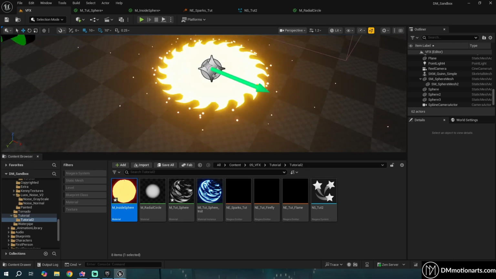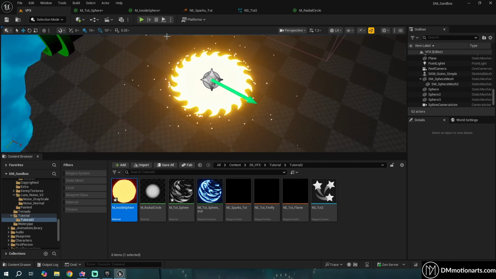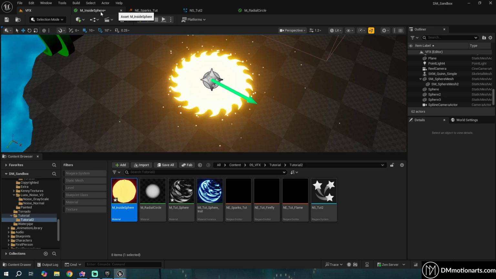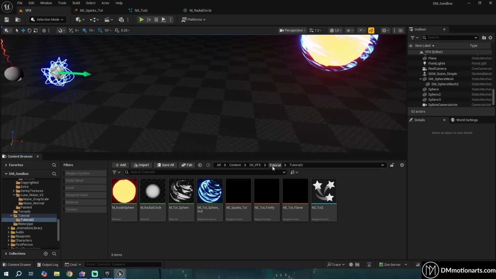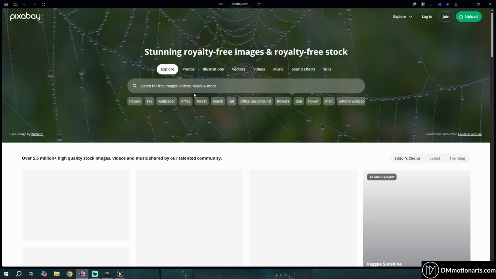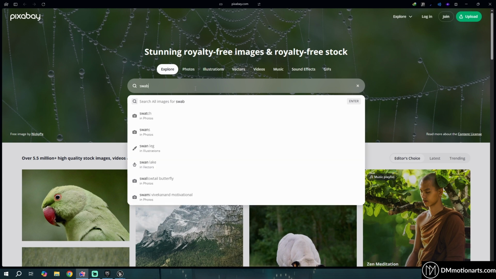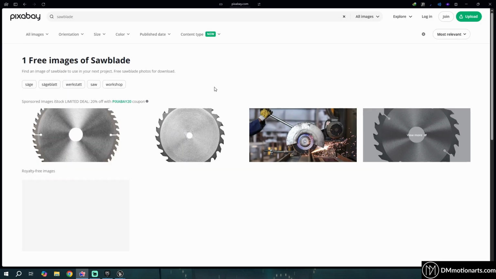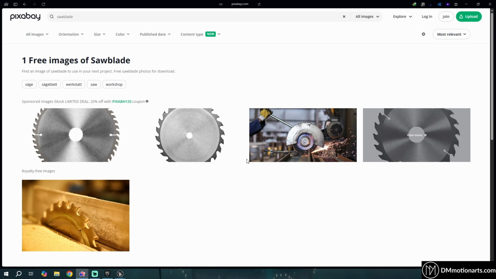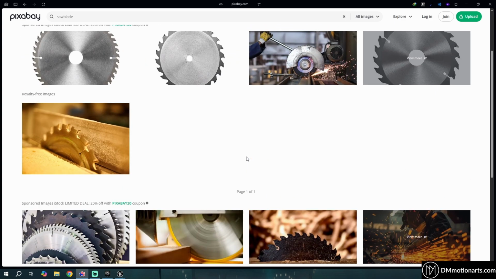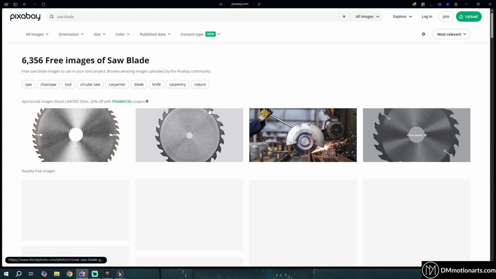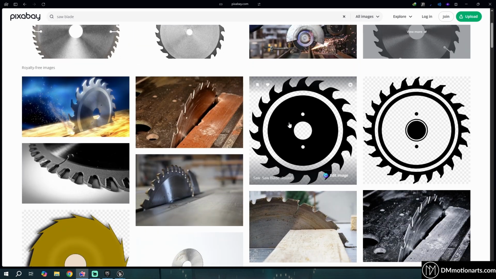Now for the last one, we are going to make this spinning stuff. So this one is also very easy to do. For this one, you're going to need a texture. So go to pixabay.com or any other site that you have and search for SawBlade. You could even use your own texture or your own method or anything, or just your own completely different stuff. SawBlade, like SawBlade space. There we go. I use this texture,